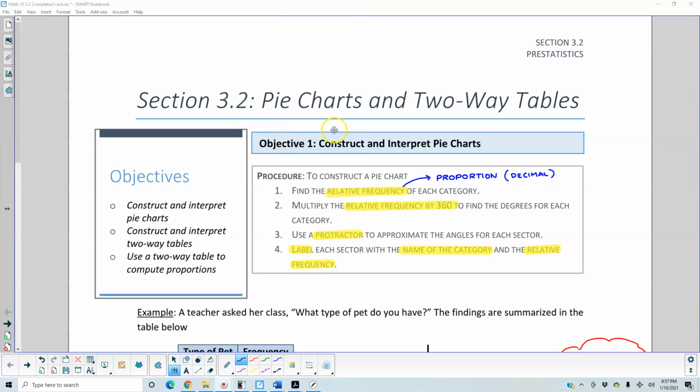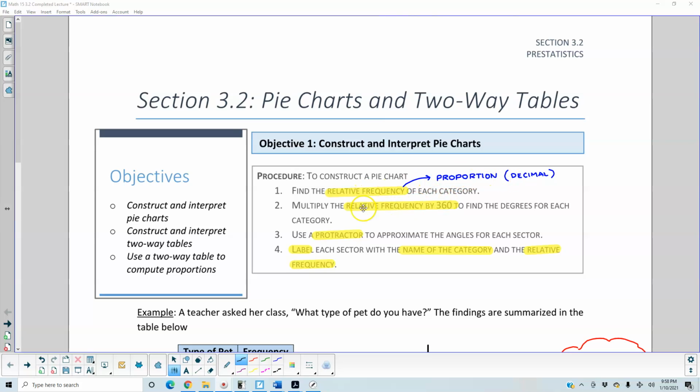Section 3.2, Pie Charts and Two-Way Tables. Objective 1, we want to construct and interpret pie charts. The procedure: to construct a pie chart, number 1, you find the relative frequency, which is the proportion or decimal